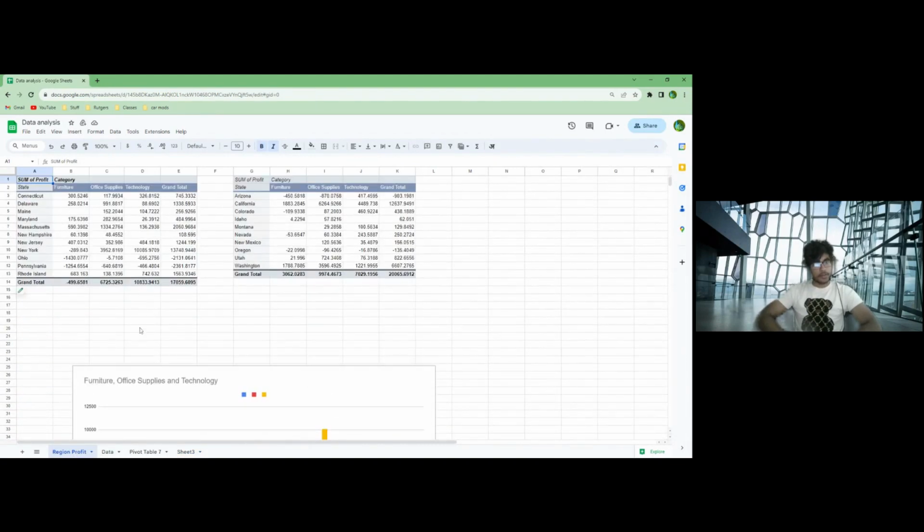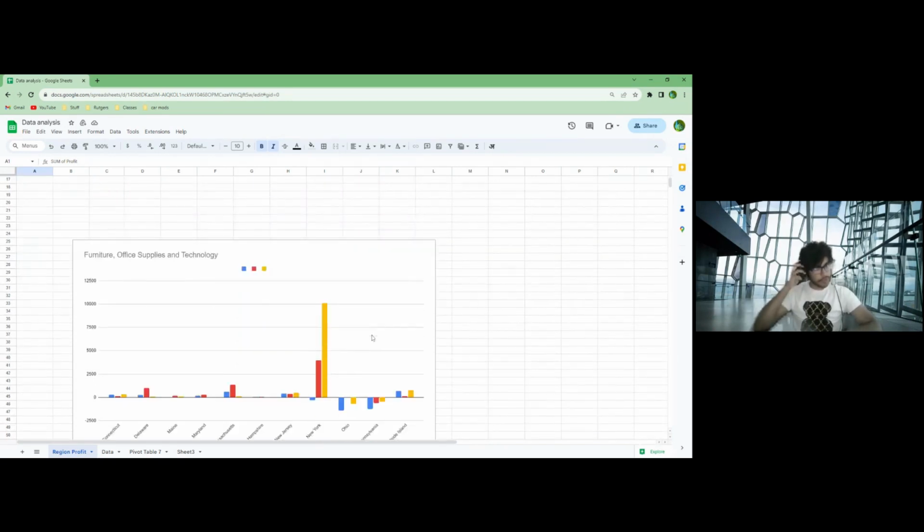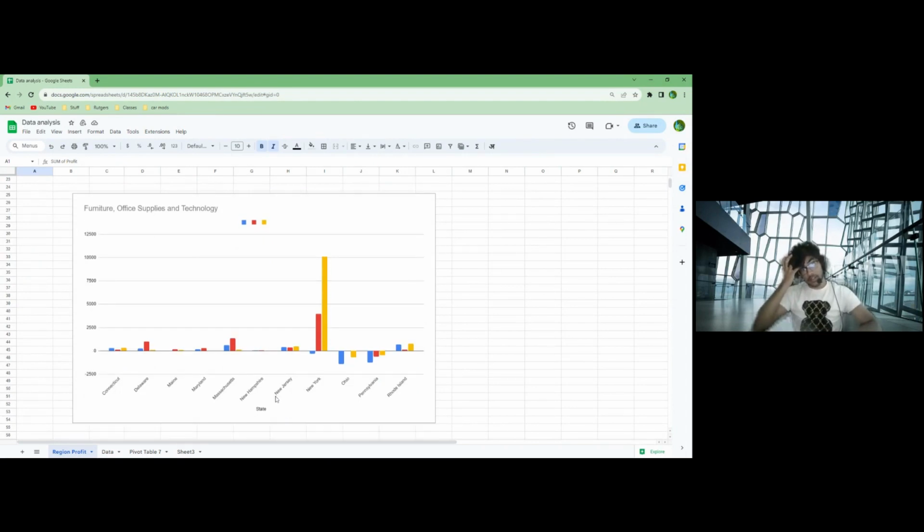And now, if we go here to region profit, as you can see, we have different states and categories that are all connected together with profits in each value. And we have made a graph over here at the bottom. As you can see, we have plotted these on a graph, which makes the trends much easier to analyze. We can easily tell that New York had the most profits in